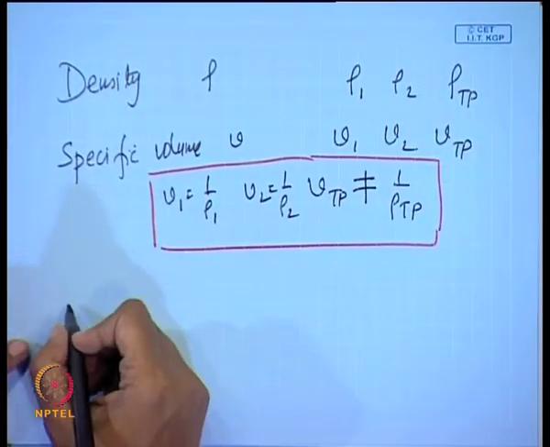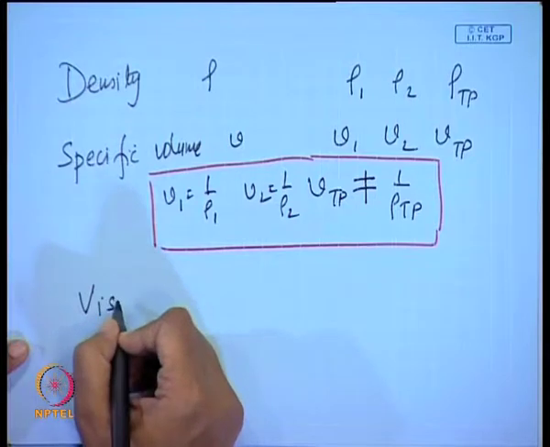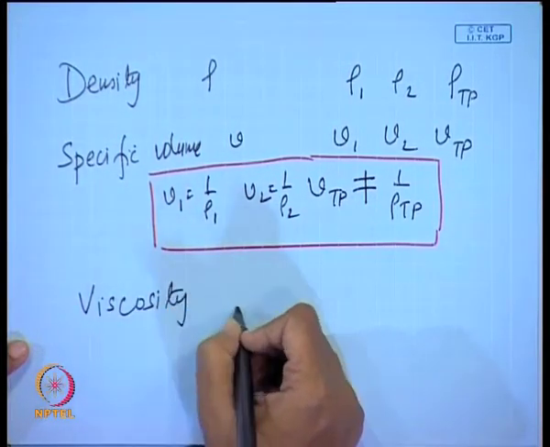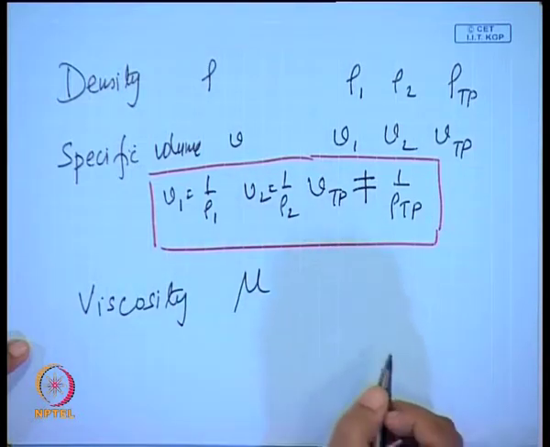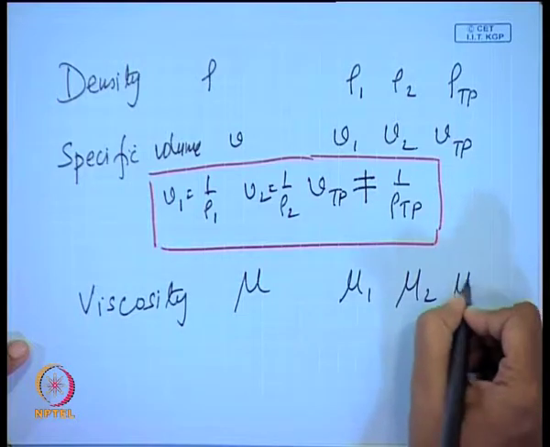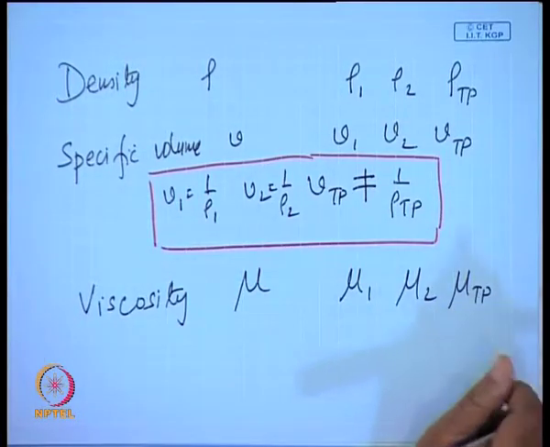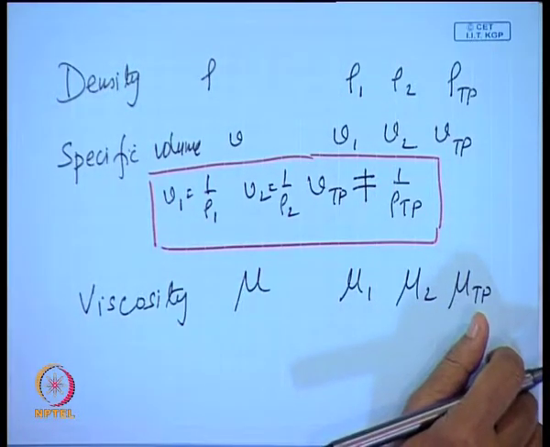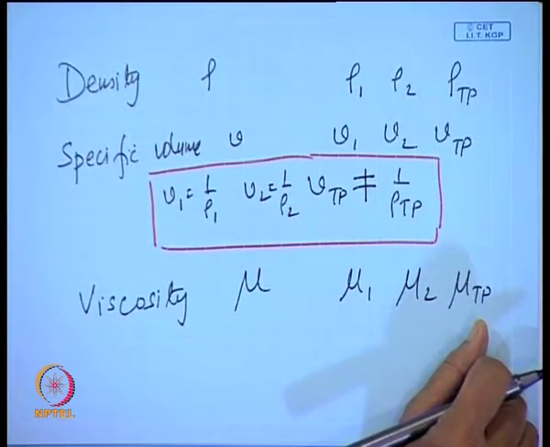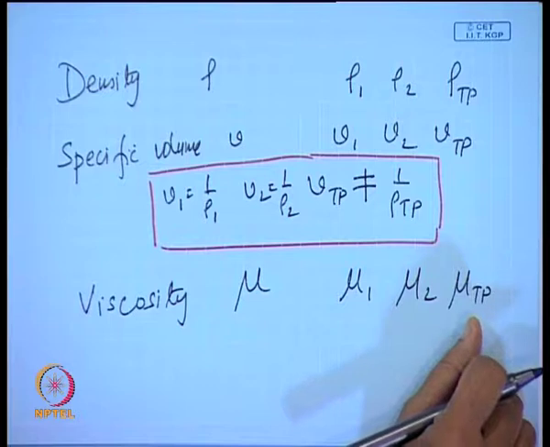After that, certain other properties, say for example, we have viscosity in this particular case. So, viscosity is simply mu. In this particular case we have mu 1, mu 2 and we have mu TP. Now, we are considering two phases, they are flowing either concurrently or countercurrently, upflow, downflow, whatever it is, through